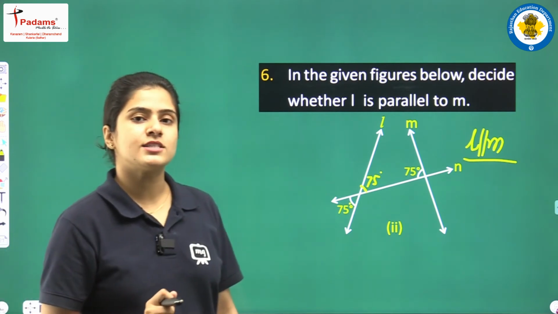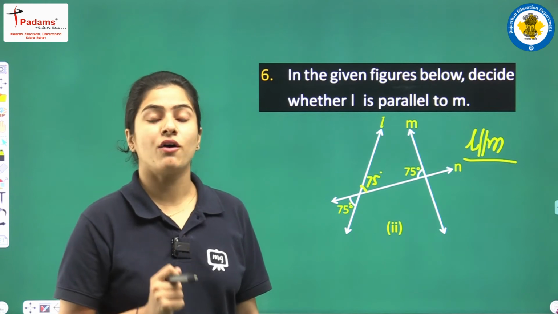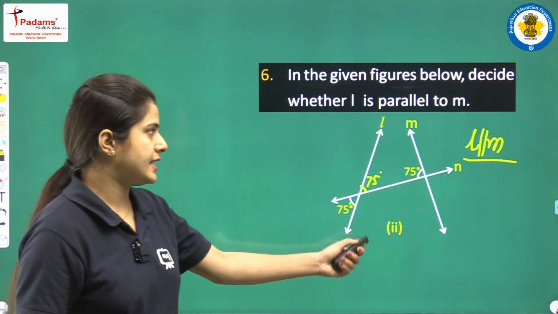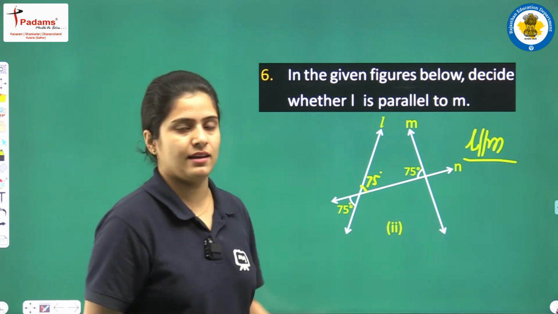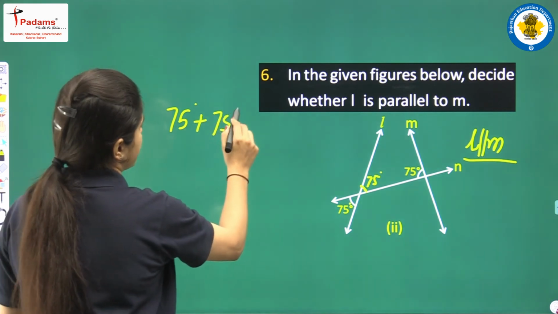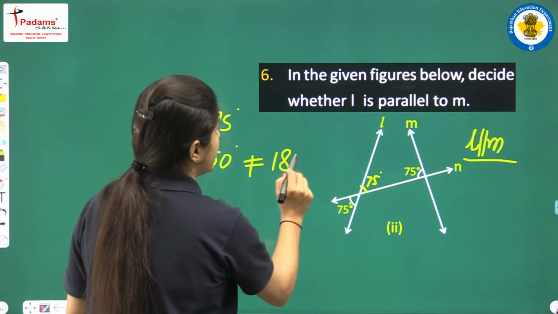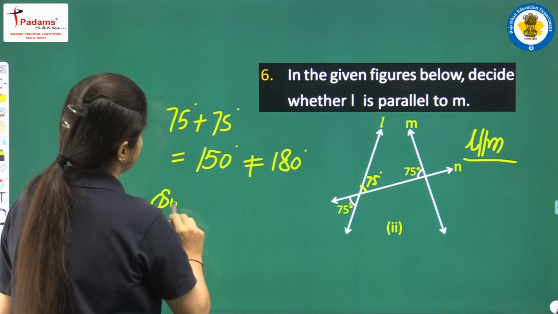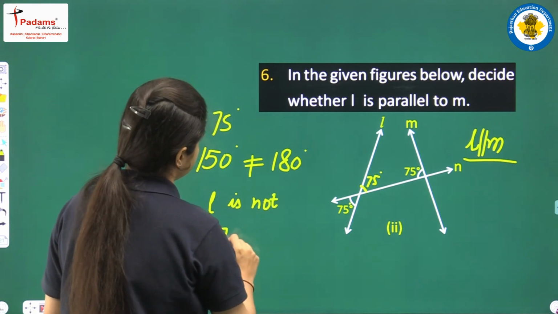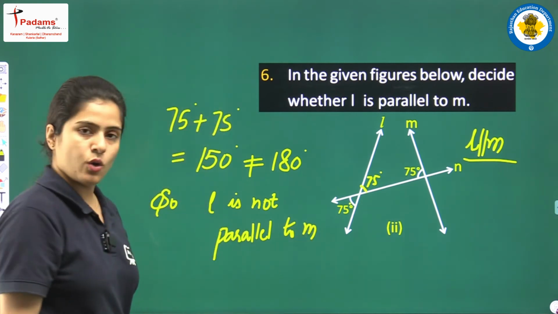And now we know that the sum of the interior angles on the same side of the transversal should be 180 degrees, so that these two lines are parallel. Okay students, so check: 75 degrees plus 75 degrees is equal to 150 degrees, which is not equal to 180 degrees. So it means L is not parallel to M. Alright students,